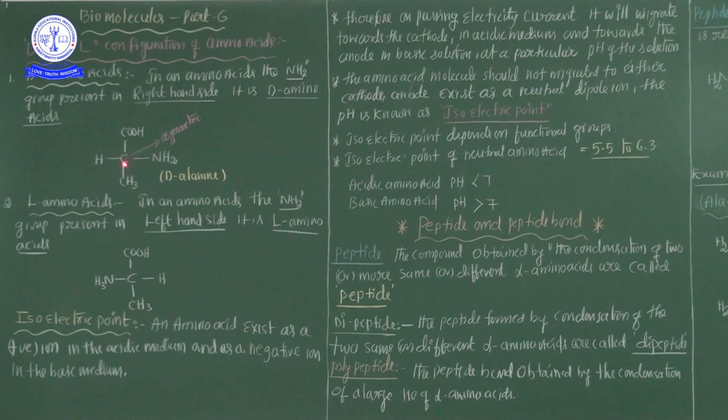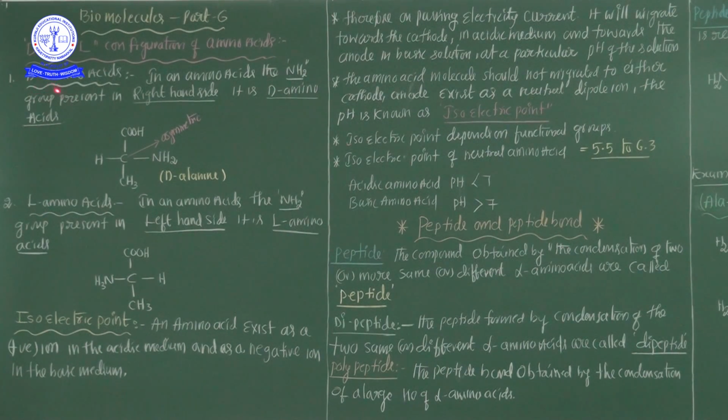Now see here, asymmetrical means the chiral carbon contains different groups. That is called asymmetrical. All alpha amino acids are in an asymmetrical position, but glycine is symmetrical. Except glycine, all alpha amino acids are asymmetrical. So based on this information, the amino acids are of two types. D stands for dextrorotatory amino acid, L stands for levorotatory amino acid. So there are two different types of amino acids, dextrorotatory and levorotatory.